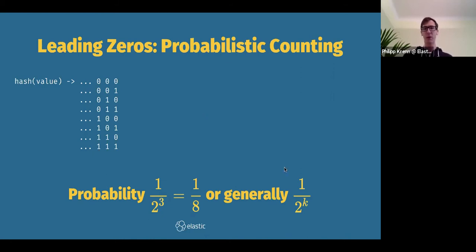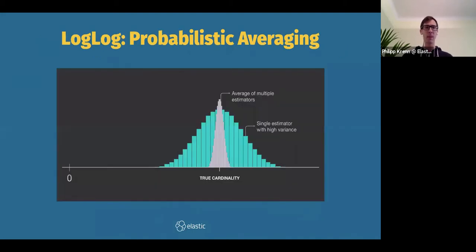It's 1 divided by 2 to the power of k. And this is what we want to build on. So rather than storing the actual values and then getting a size on top of that, we're only counting how many leading zeros we have seen at most. And based on that, we assume, okay, probably we have about that many unique values, which looks something like this green curve, because that is a bit wider and gives you potentially the wrong cardinality.